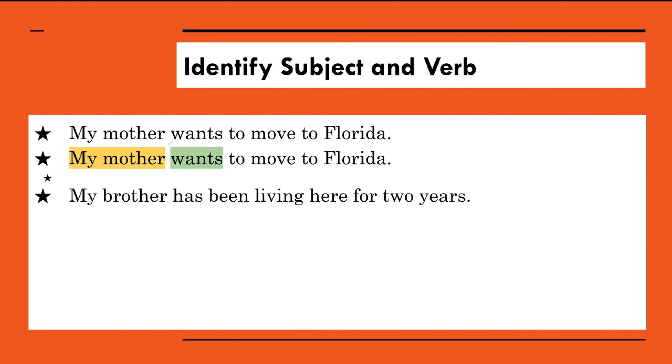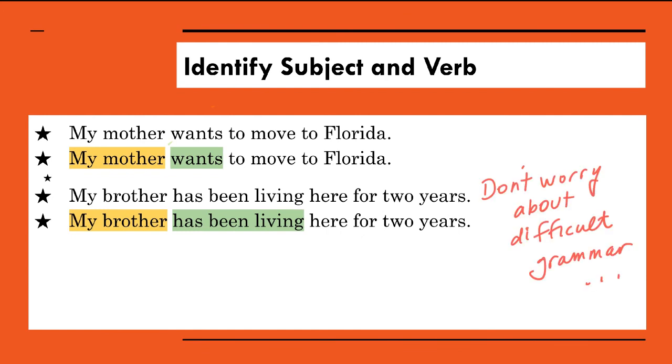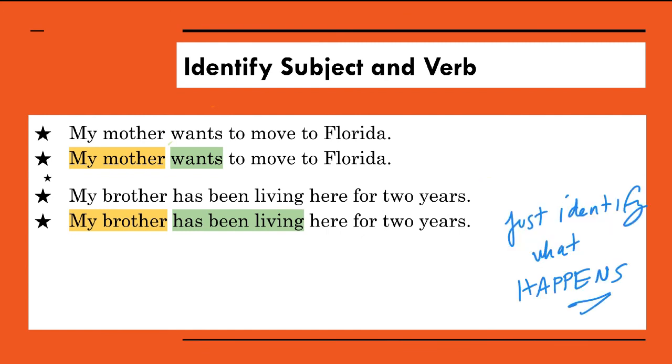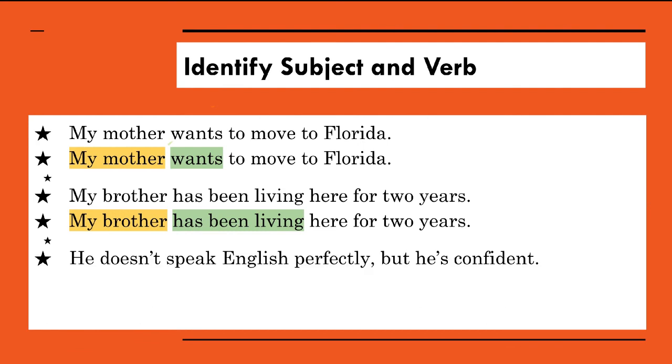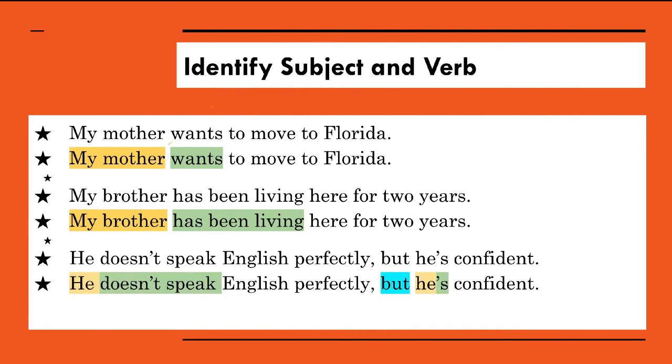Slightly different. Well, this is a longer verb, a complete verb. It's pretty long. This is perfect tense. We're not going to study perfect tense, but you can recognize it. Something key to notice here is comma fanboys. This is a compound sentence. This connector joins two simple sentences together. Two simple sentences means two subjects and two verbs.